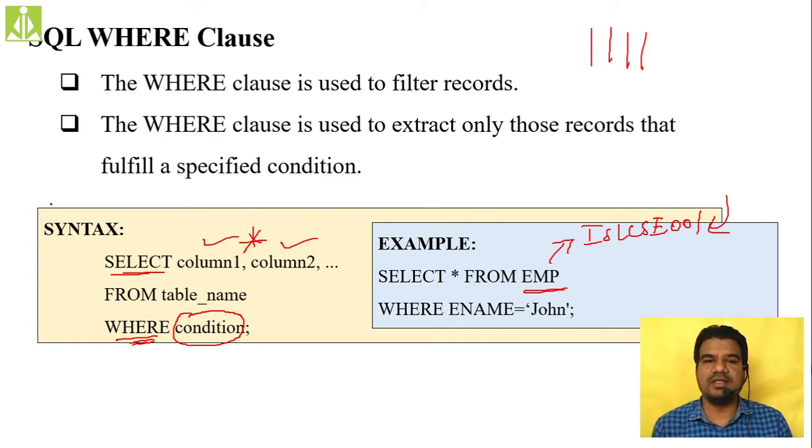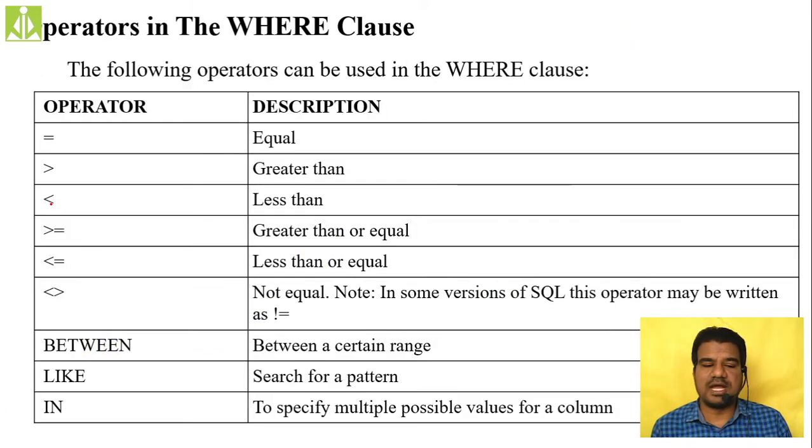If you want to filter the records, you can go for the where clause followed by different operators. In order to frame the query using this where clause, we have different sets of operators. Sometimes we will not be looking for an exact match, but for some range, greater or lesser, a relational range. To satisfy that, we have different operators in the where clause. The following are the operators which can be used.